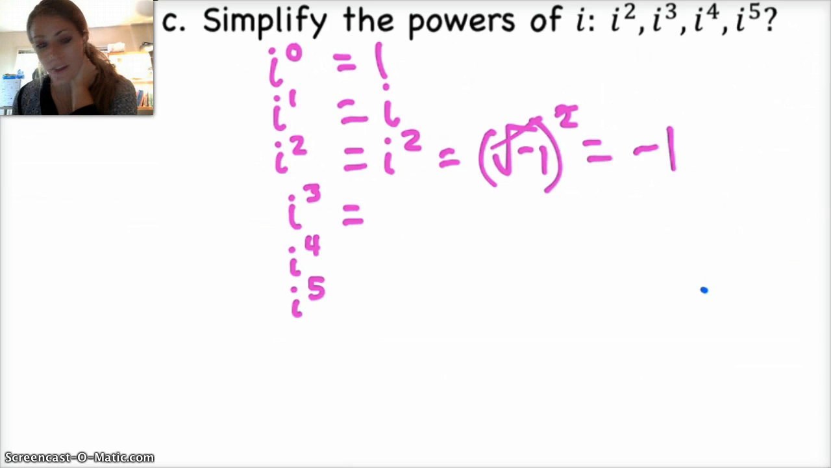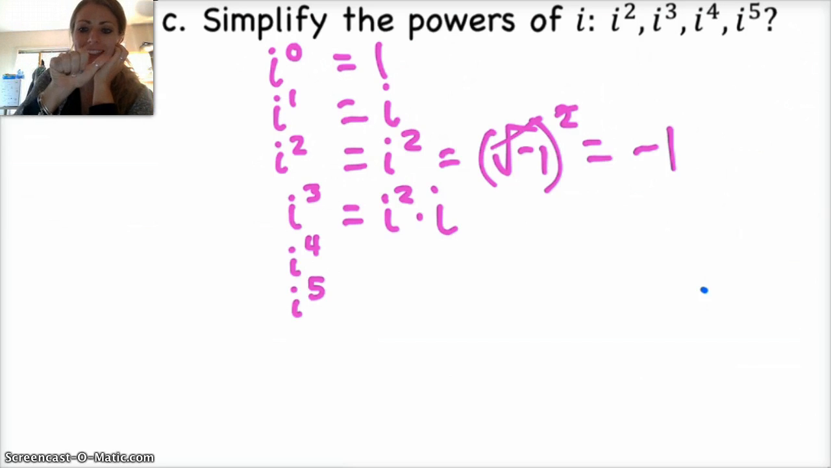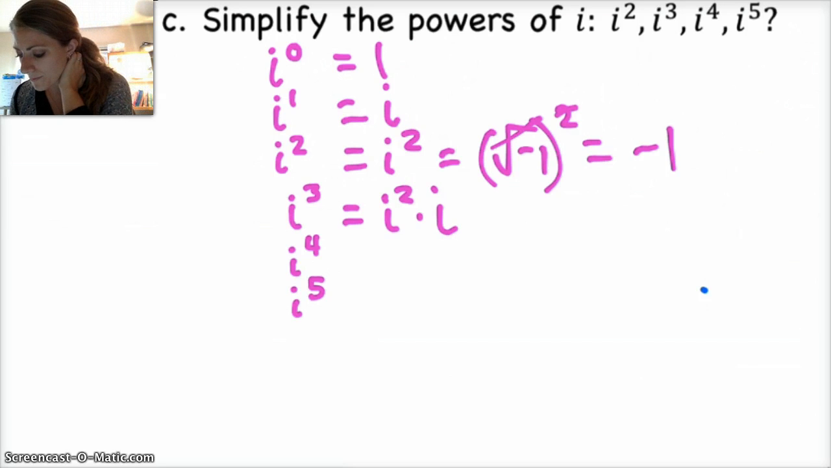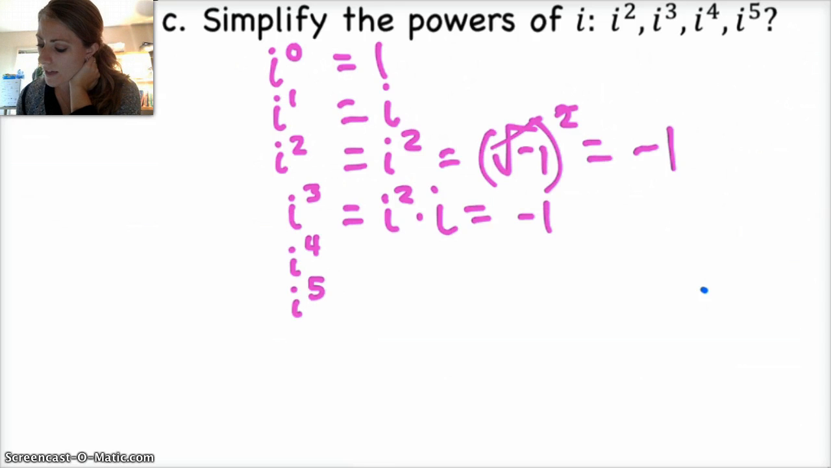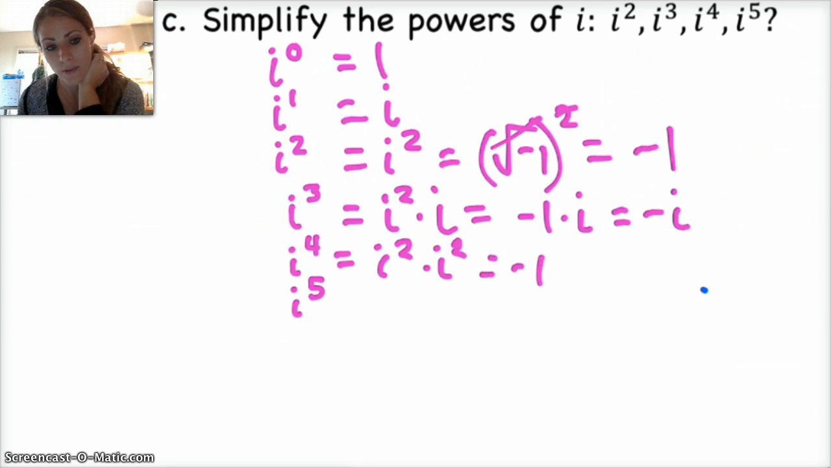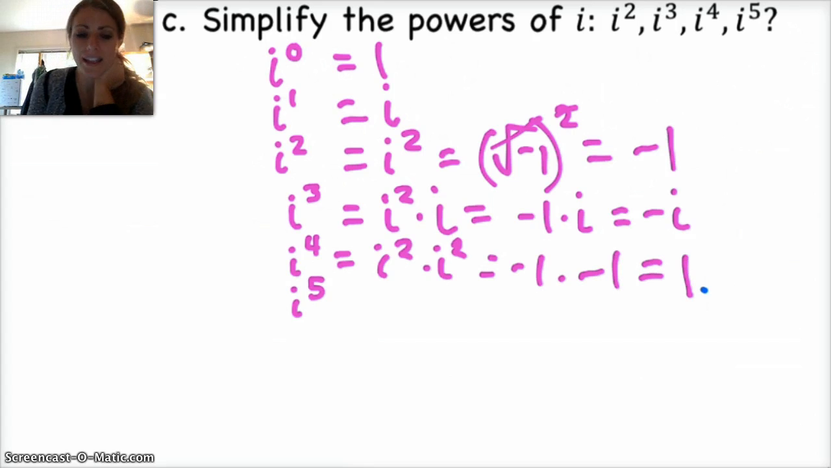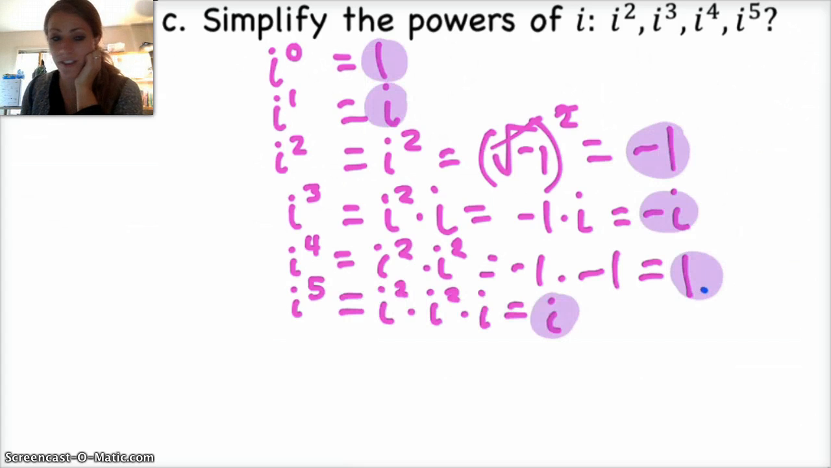If I move on to i to the third, I'm going to actually write i to the third as i squared times i, right? That's still 3 i's. i times i times i, right? So i squared is negative 1, and I'm multiplying that by i, so I end up with negative i. Do the same thing for i to the fourth. Well, i to the fourth is the same thing as i squared times i squared, so that's actually negative 1 times negative 1. That equals positive 1, and so on. So what's kind of cool is there's actually a pattern